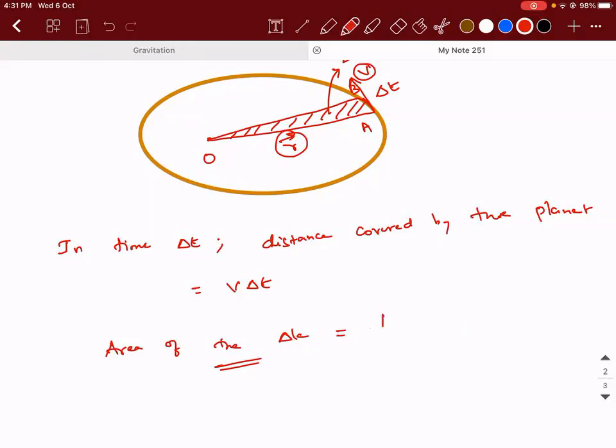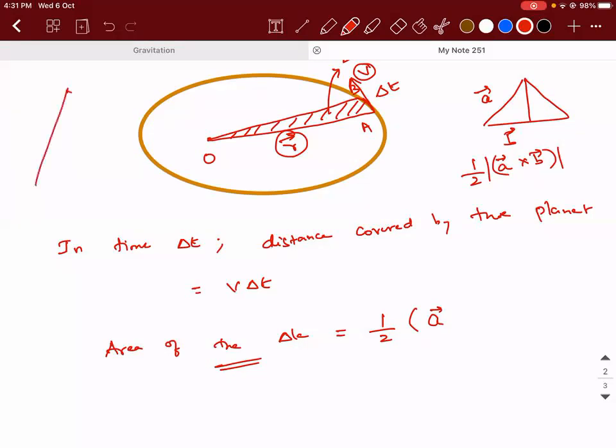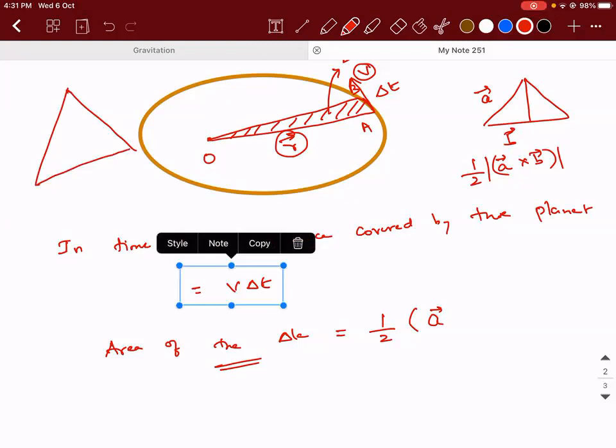Now, this is where you need to learn something new today. In terms of physics, the area is actually given as half into a vector. See, if I take a triangle like this, if I say this is a vector, the area of the triangle is given by half into a vector, b vector, actually the magnitude of it. Okay, I'll tell you why it is so. It's very simple. This concept is actually not taught in CBSE, but it is worth knowing it.